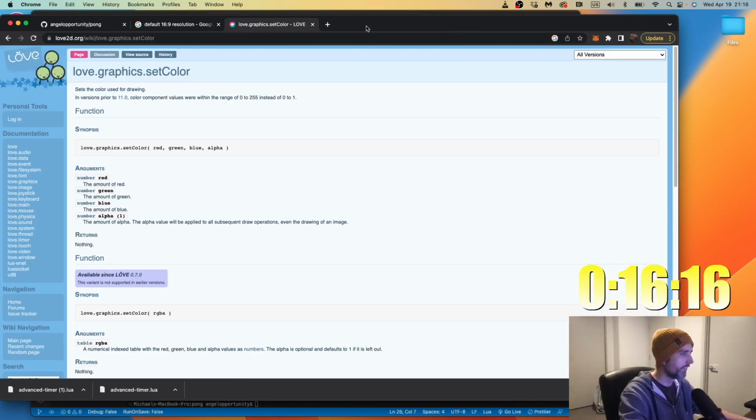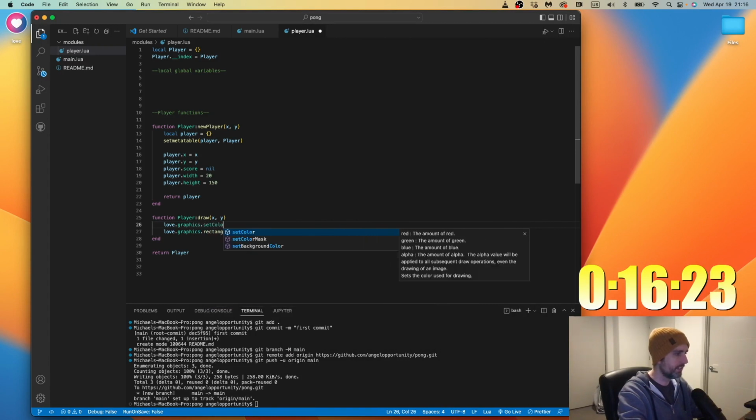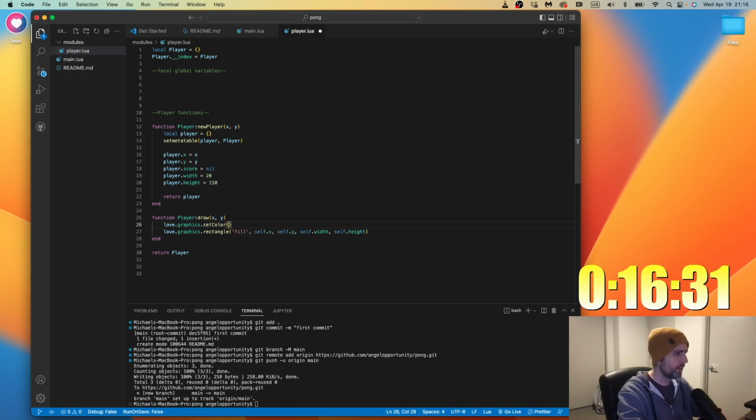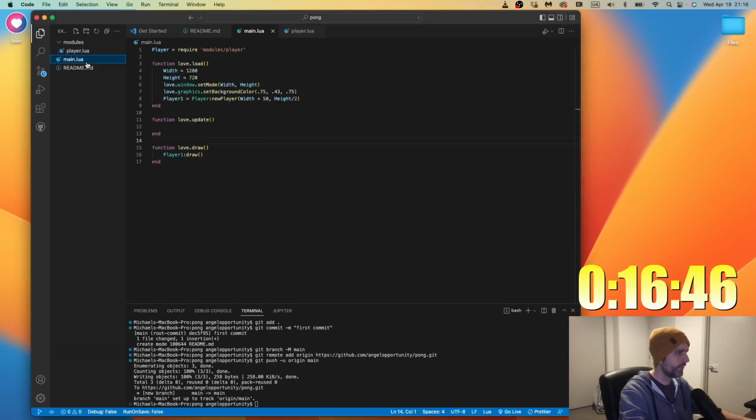Set color, okay. love.graphics.setColor. Let's make it white. Is it 0, it's 1, right? And I feel like I need to push pop, but actually I think let's just try this for now.